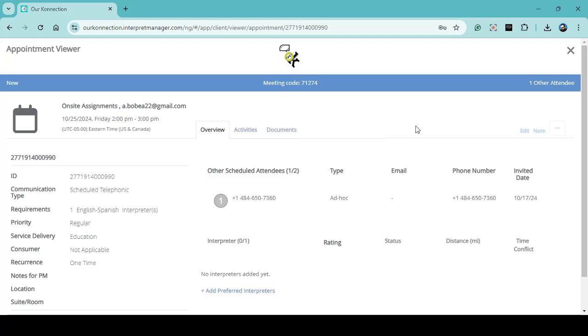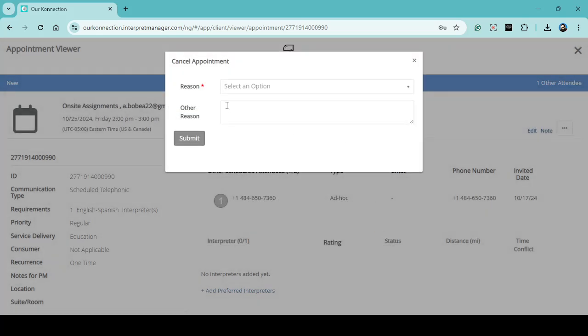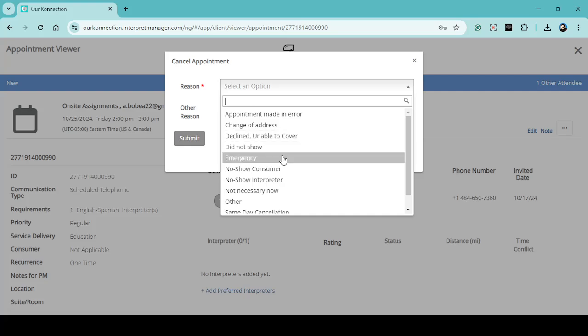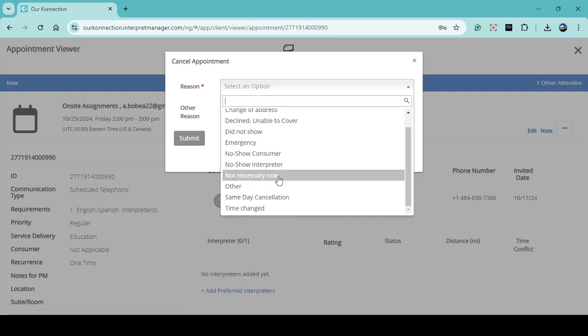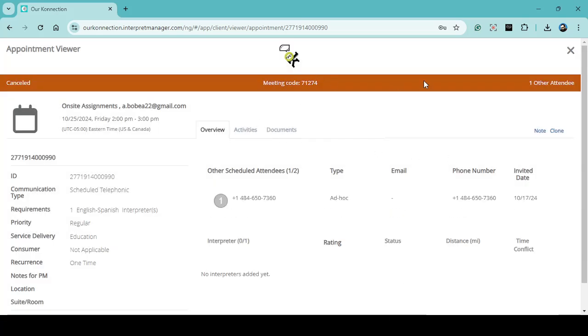If I cancel it, it's going to ask me, are you sure? So basically, yeah, I know I want to cancel this. So yes. And it asks me for the reason. What happened? Well, you know what? It's not necessary right now. If you have any other reason, you can explain it there, but that's pretty much it. We submit, and then it's going to show canceled. Once it's canceled and I X out of it,